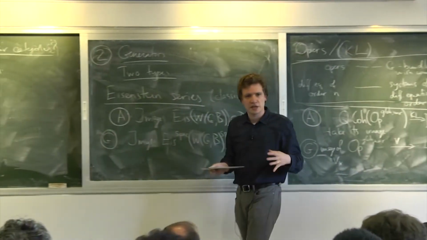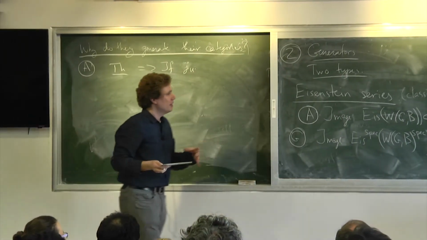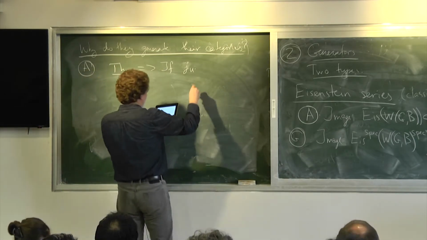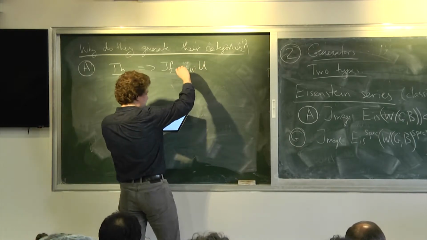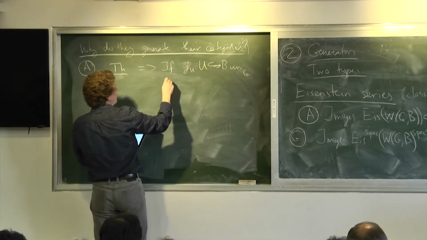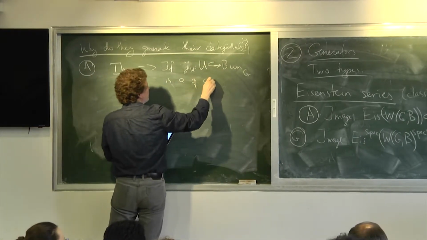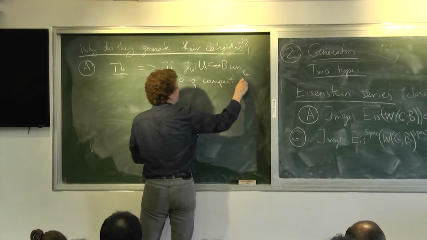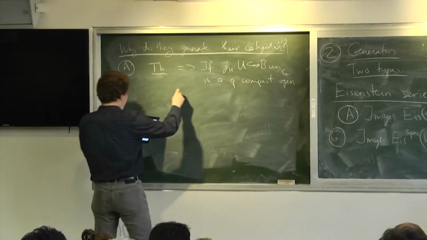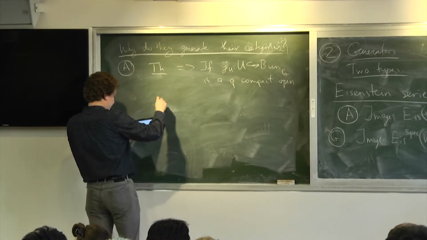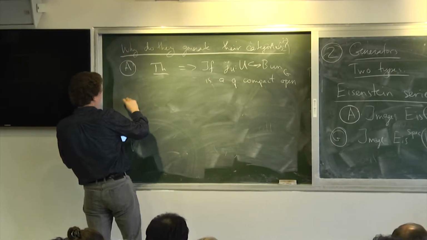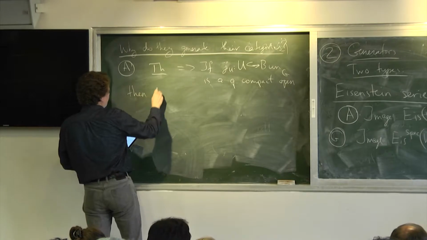It's not quasi-compact. If we pass to a quasi-compact open, something of finite type, then they will generate it. So if you restrict to an open, so this is a quasi-compact open, then the image of the composition